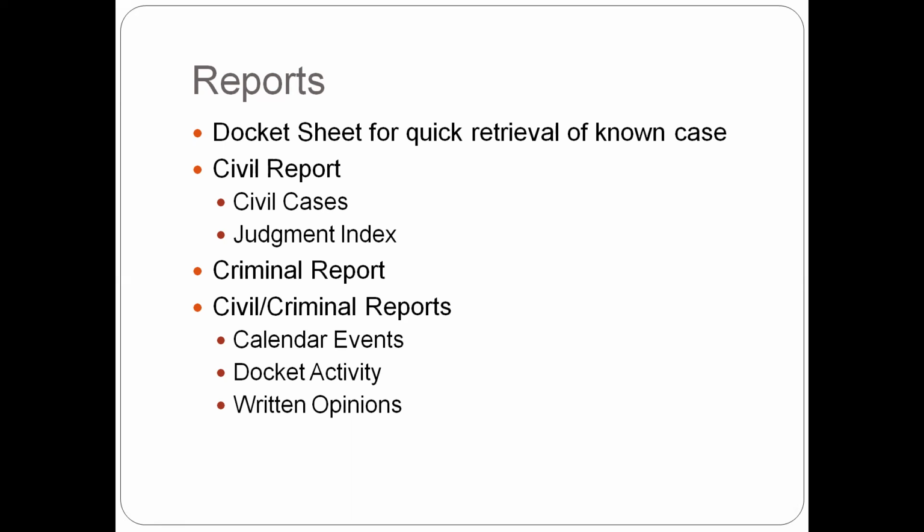Beyond that is one more search function, which is the civil/criminal reports. Under that will mention the calendar events. So the calendar events is a listing of chronological events of court hearings and appearances. Docket activity is similar to the docket sheet